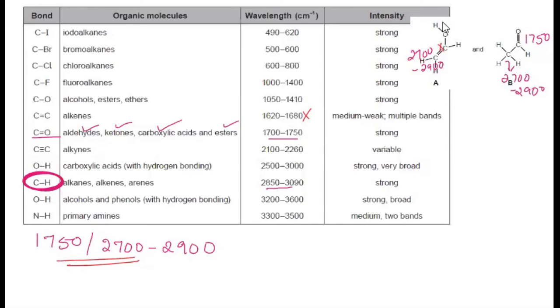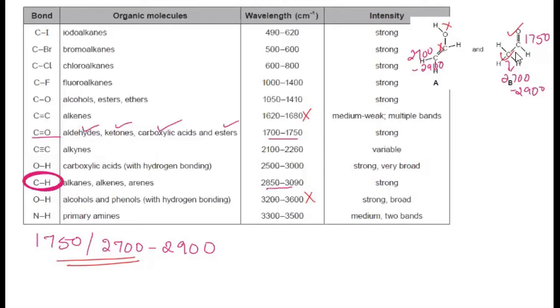Again, we have an OH group here. And if it is an OH group, we should be getting a peak. For an alcoholic OH, we should be getting a peak around 3200 to 3600. This is also absent, meaning the C double bond C as well as the OH functional group peaks are not there in the graph. Both are absent in the graph. We had the peaks only for this and this.